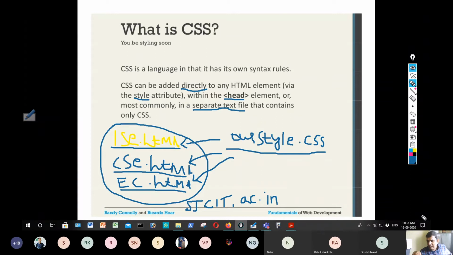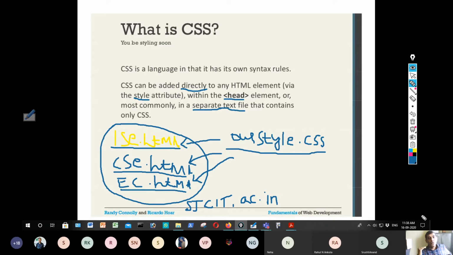One is known as inline, the other is document level style sheet, and the third is external style sheet. Inline means directly within an element, within a paragraph or a header, I can say style as color red or color blue or font size equal to 20. That means the style is directly specified within an HTML element. Next, the document level style sheet is in the head tag, where I can specify a list of rules that apply to the entire HTML file.